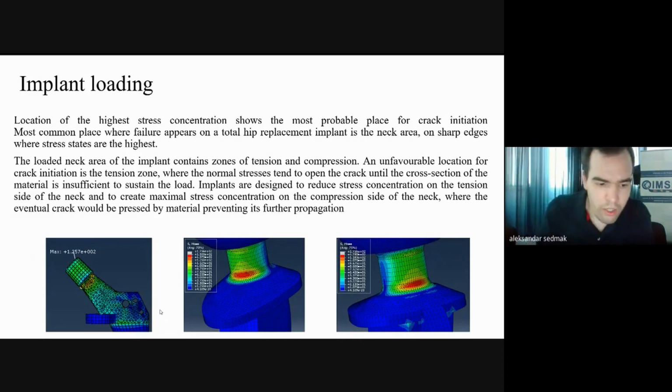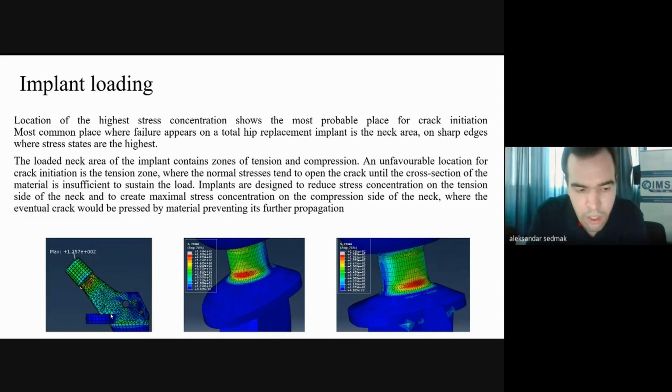They both have a collar. This platform beneath the implant neck is that collar, which faces the upper side of the human femur bone. So if we see the neck area as a beam, when it is loaded on one far end, in the structure you will have tension and compression zones. So the main idea is that the maximum stress concentration would be on the other side, on the side of